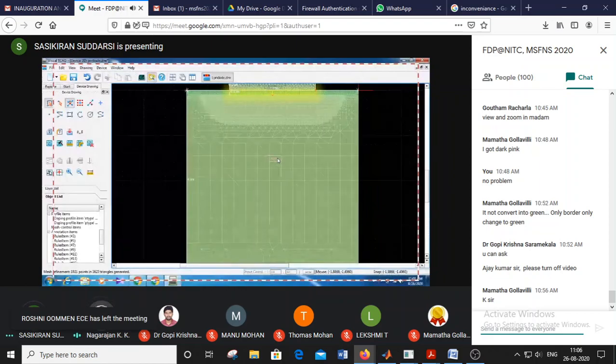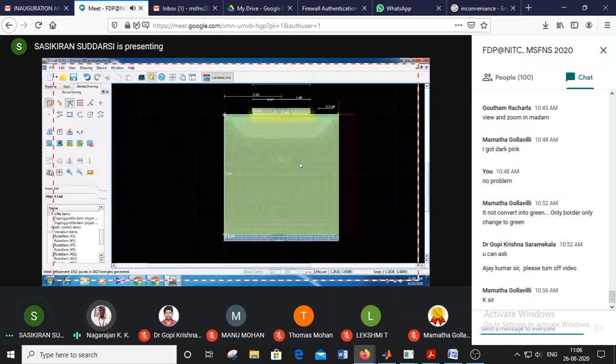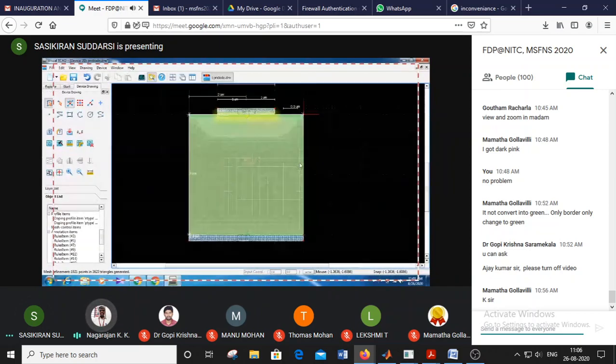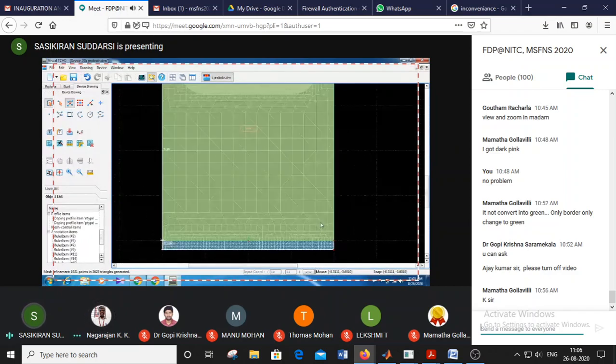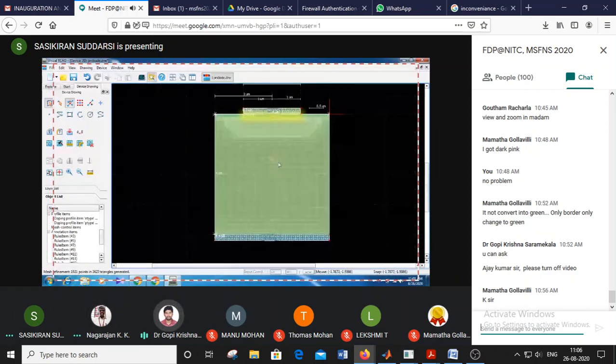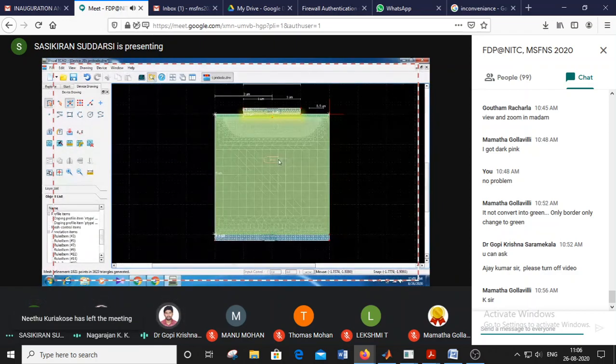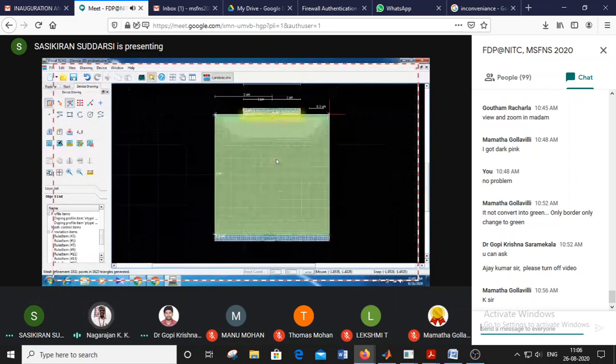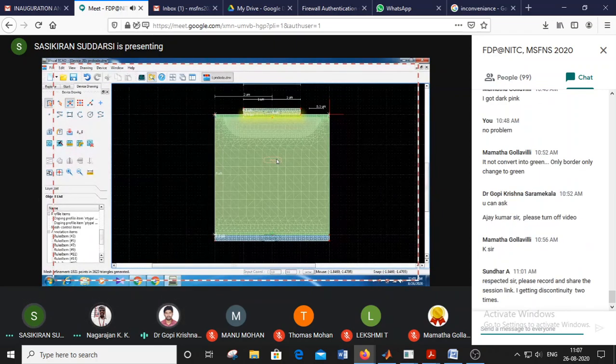Adaptive meshing will be done by the tool itself. In the substrate region it has to be coarse meshing, and in the active region or the junction, the space charge layer, it has to be very fine meshing. That adaptive meshing will be done by the tool itself. Wherever interfaces are there, layer to layer interfaces, the tool will automatically create more mesh points. So that control we need not do. If I want 0.1 nanometer or 0.2 nanometer, no sir, it is automatic. It will do the meshing automatically.